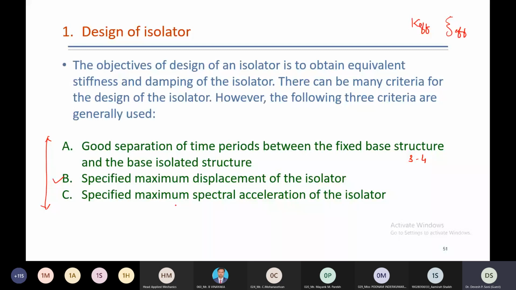Means maximum isolator displacement is restricted and accordingly the system is designed. Okay. And the third criteria is specified maximum spectral acceleration. Here the spectral acceleration is restricted and accordingly the other parameters are designed. Okay. So these are the three bases on which the isolation system is designed, and we will see one by